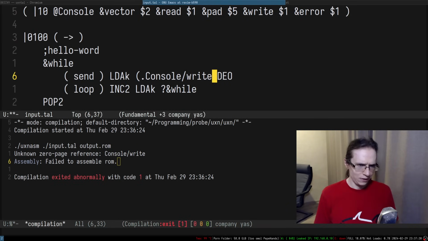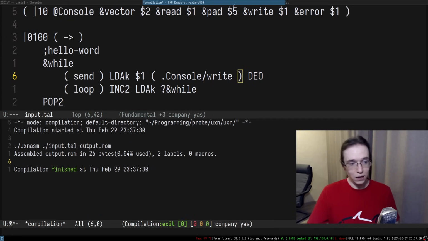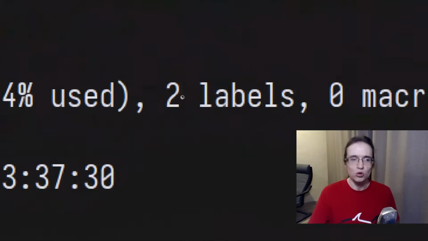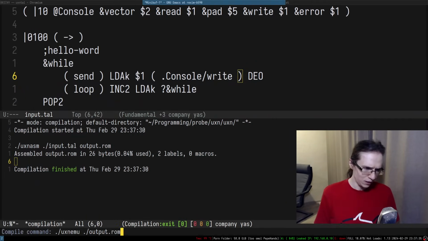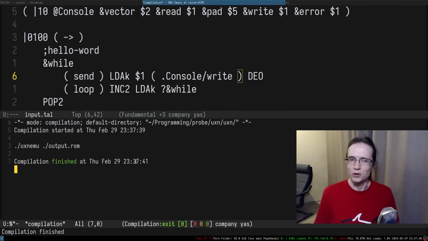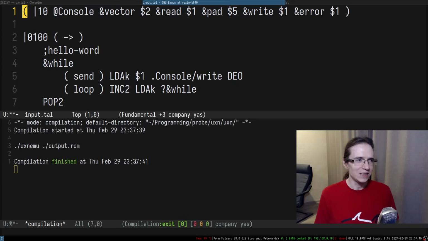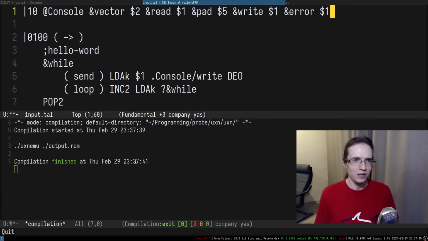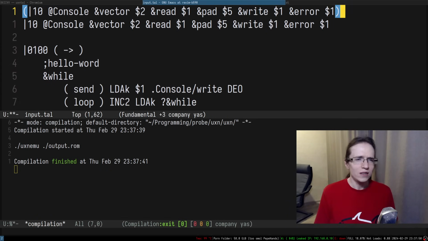Anyways, I can probably comment out this thing, and I suppose this is supposed to be right, so I'm going to put it like this. So it assembled, and now we simplified this entire thing to 2 labels. Let me see if I can now run this entire, nah, it's not going to. Okay, chat was right. Apparently I can't just do that. I just don't understand what exactly this entire thing means.